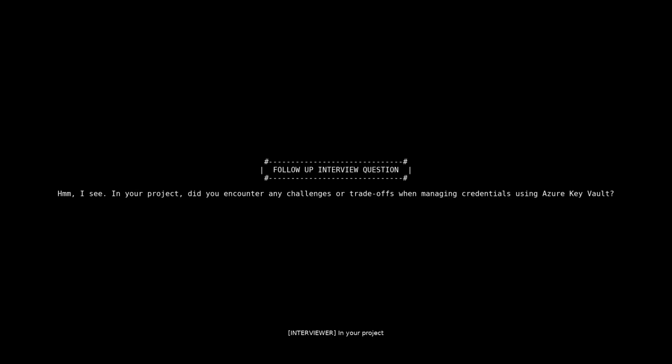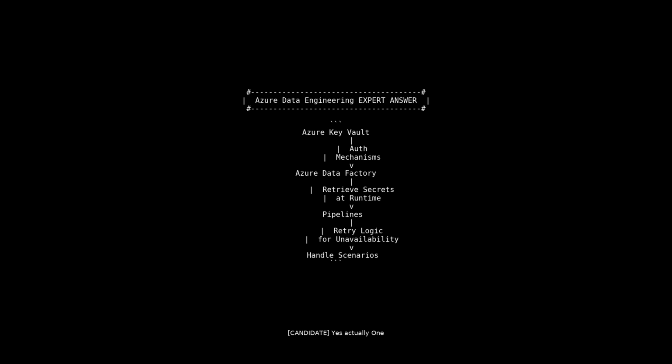I see. In your project, did you encounter any challenges or trade-offs when managing credentials using Azure Key Vault? Yes, actually. One challenge we faced was ensuring seamless integration between Azure Key Vault and Azure Data Factory. We had to carefully set up the authentication mechanisms and ensure that the ADF pipelines could securely retrieve the secrets at runtime. We also had to handle scenarios where the Key Vault might be unavailable temporarily and implement retry logic